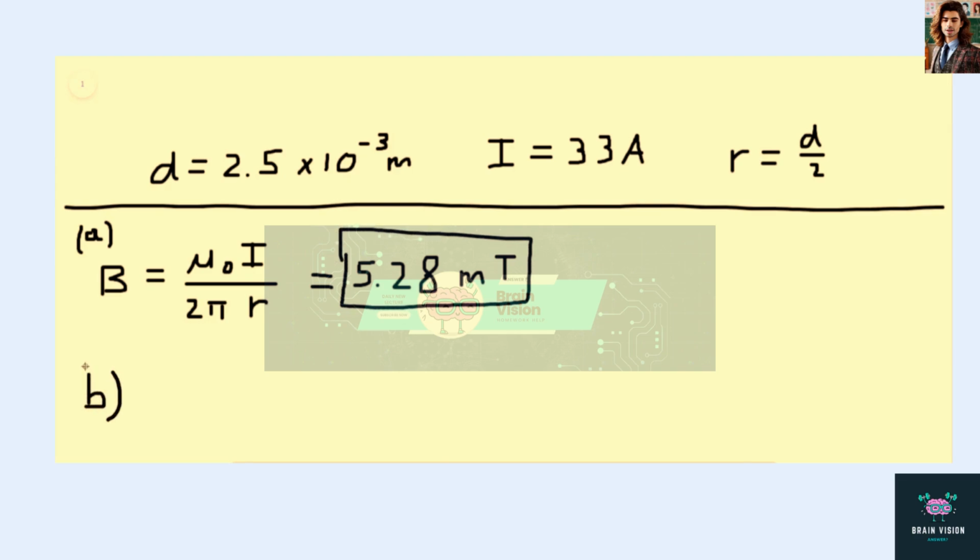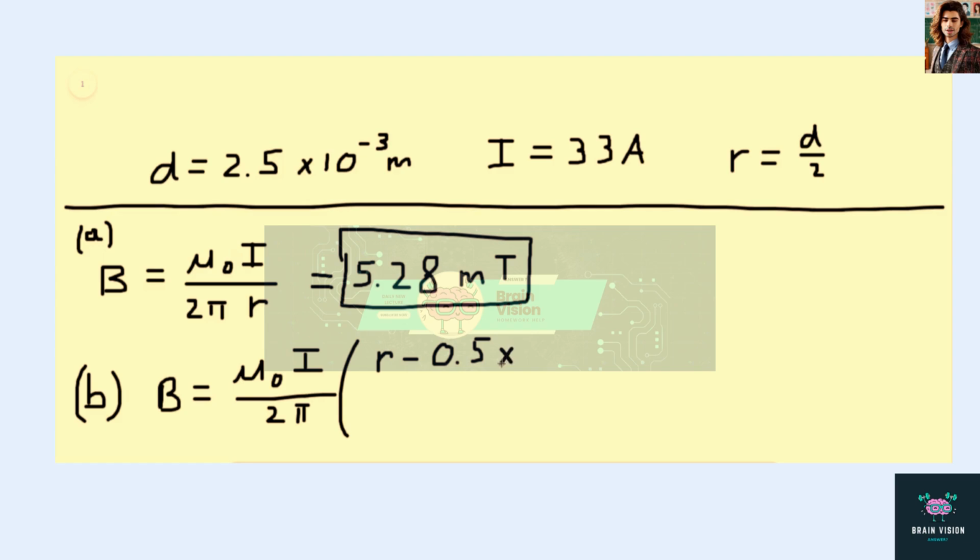For part B, we're asked to find the magnetic field inside the wire at a distance 0.5 millimeters below the surface. Okay, so in this case, B is equal to mu naught times I divided by 2 pi. And this time it's going to be multiplied since we're still inside the wire, but we're a distance of 0.5 millimeters below the surface. We have the distance we are below the surface, which is r minus